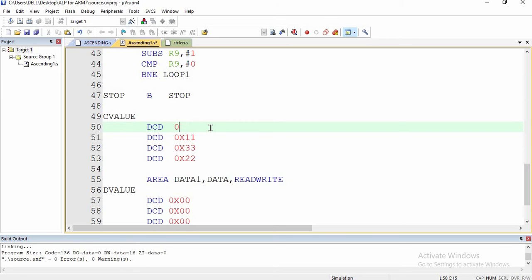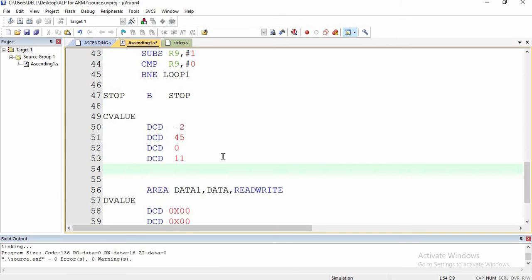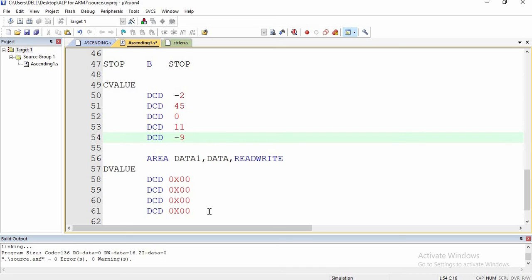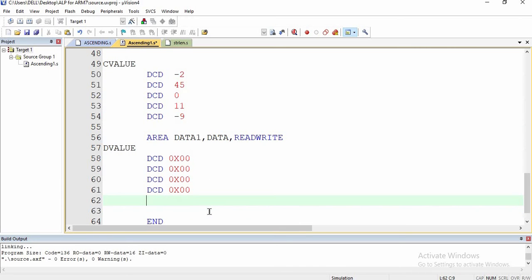Like we will remove this one, -2, 45, 0, 11, -9. So as we have increased the number of elements, we have to make the changes accordingly.